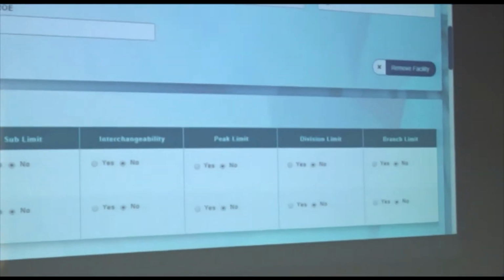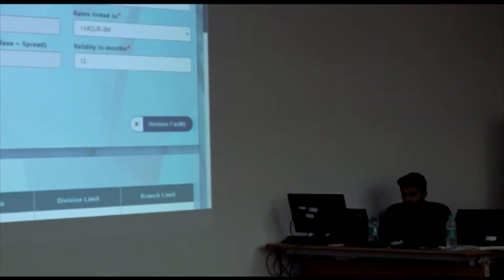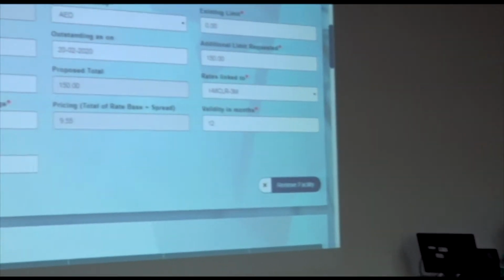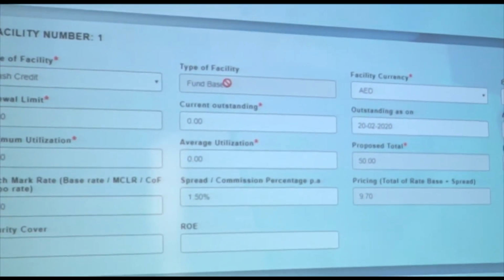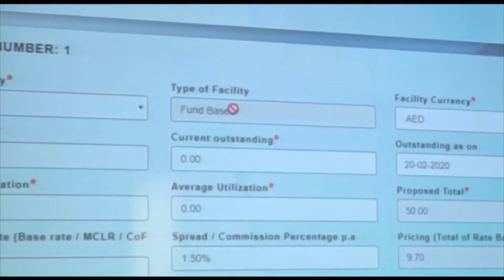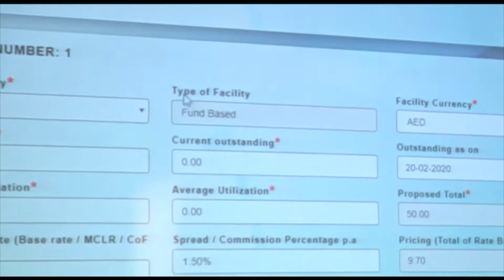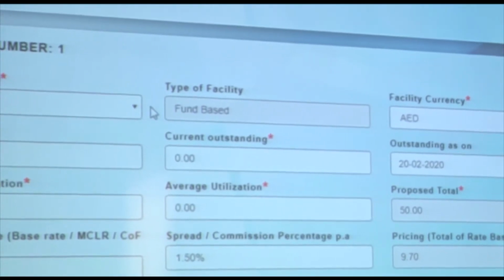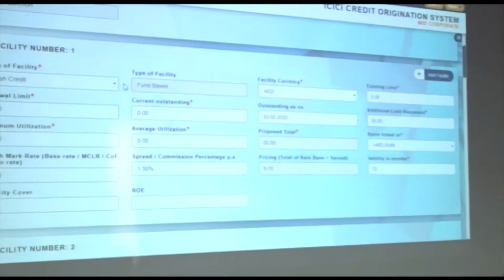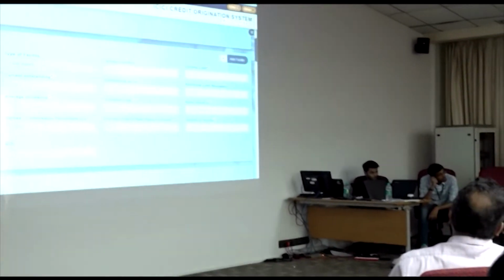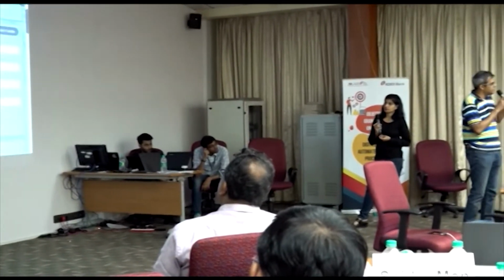Bala, do you want to clarify the meanings of those grey fields? Or do people know that? The non-fund or fund-based, what does it mean, the grey fields? You don't have to edit, it's just linked to the name of the facility. So the idea is these are getting categorized and a summary table will pop up at the bottom. Wherever you have a field which is locked, it will come in grey. Wherever something comes in grey, that means it's pre-populated from an earlier field, so you don't need to edit. It's just there for easy viewing or for some logic which has been built in.